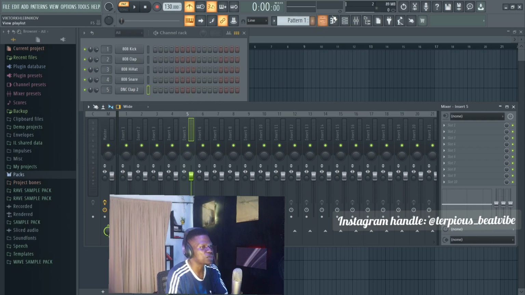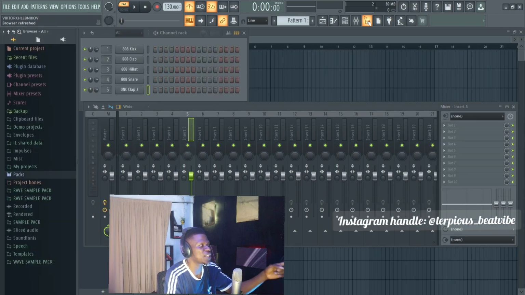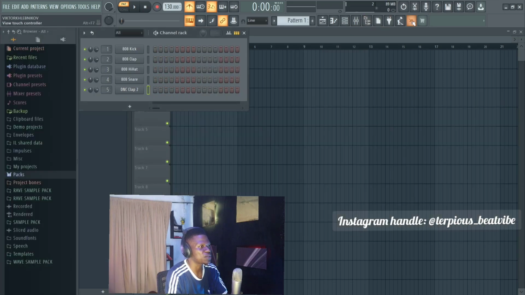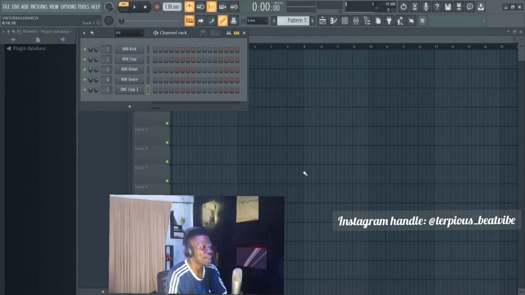So let's go. This one is the folder, the folder at the left side here. If you want to collapse the folder, once you click it, it's going to collapse it, and then you can open it back. So let's remove the mixer. This is for the plugins. You don't really need that. This is for the